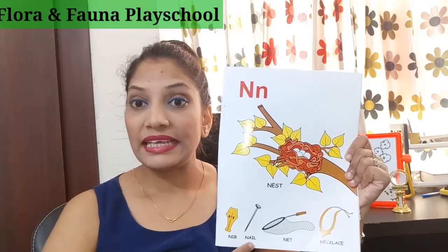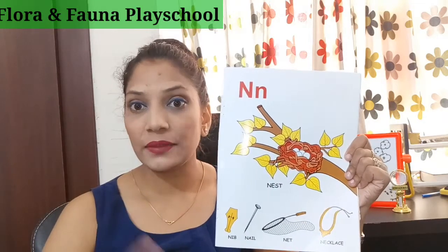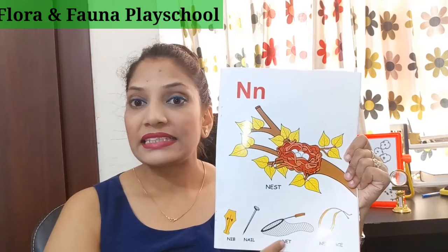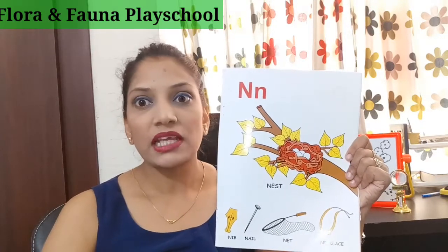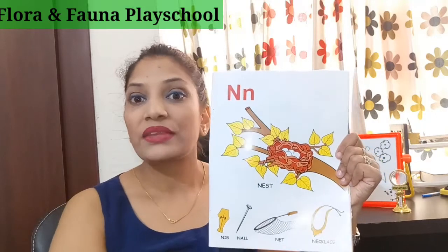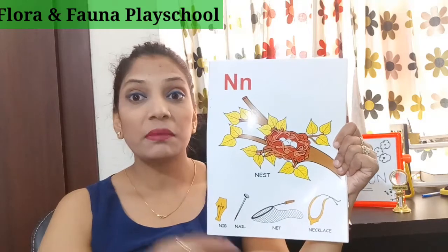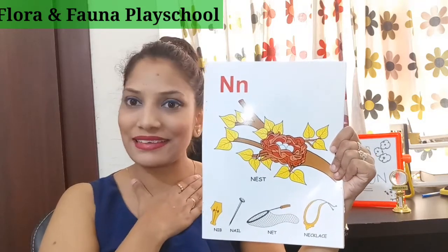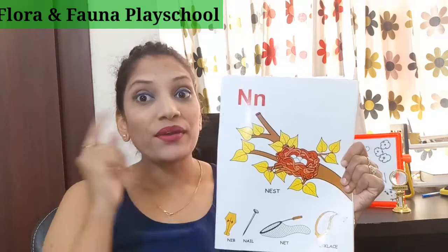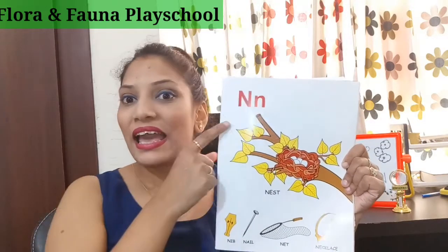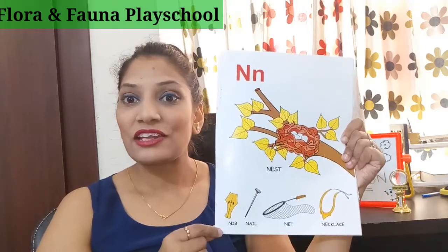N for nail. Nail का मतलब कील. N for net. नेट, नेट का मतलब जिससे हम फिश पकड़ते हैं. N for necklace, नेकलेस, मम्मी जो हार पहनती हैं गले में उसे नेकलेस कहते हैं. रिपीट विद मी, N का साउंड न. N for nest, नेस्ट. N for nib,